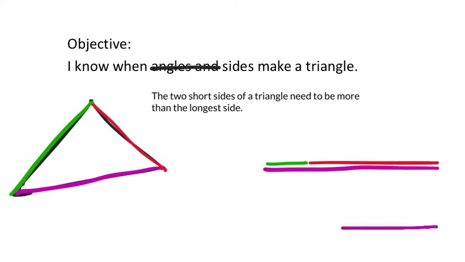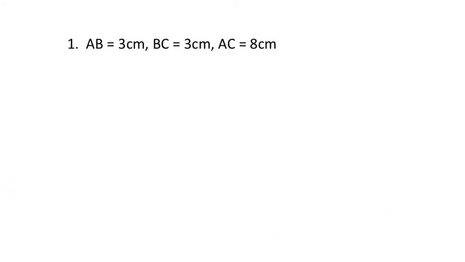If they were shorter, then what you'd end up with is, let's say, let me just kind of emphasize that they're shorter like this. And you can see that no matter how we try to angle these together, they have to connect at the edges, by the way. So yeah, we can never force these 2 to come together, but it's an open figure now, which is why it's also not a triangle. The 2 short sides have to add up to be more than the longest side. All right, so for this one,